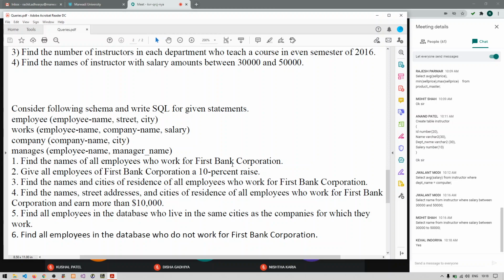So now just provide the name of employees who work for First Bank Corporation. Right? So give me the answer of this.